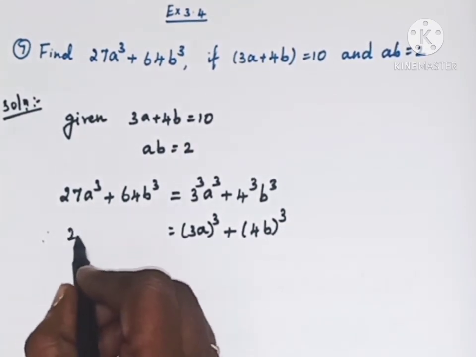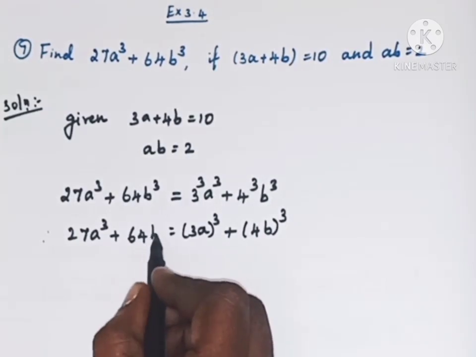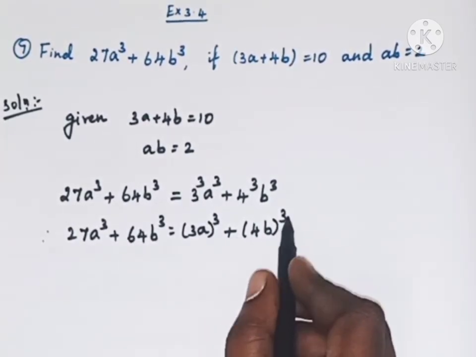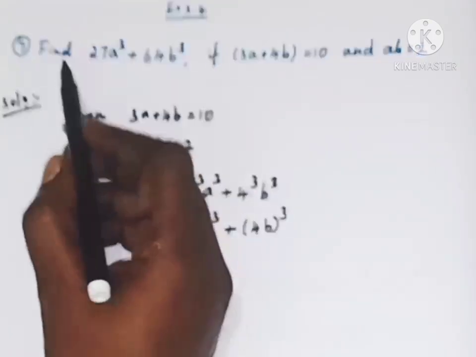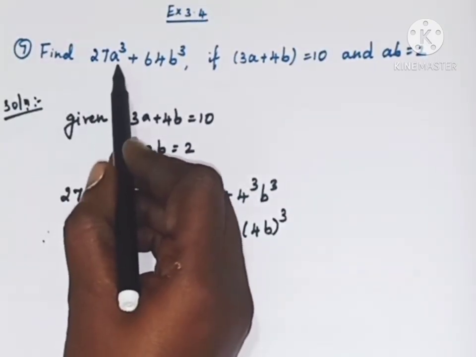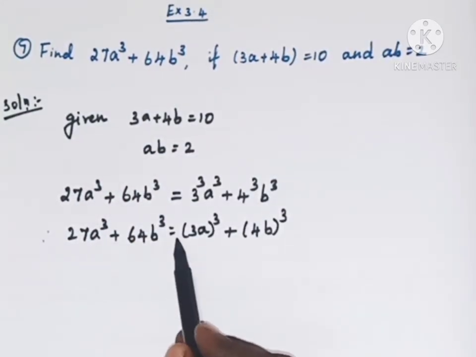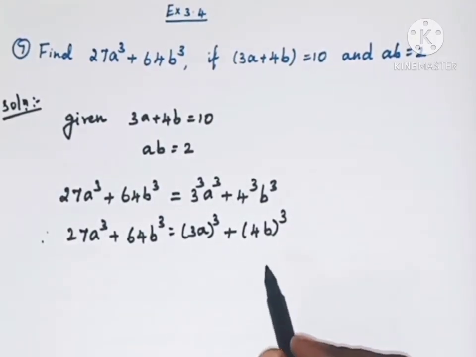Therefore 27a cube plus 64b cube is equal to 3a the whole cube plus 4b the whole cube. Now in the question they are asking to find 27a cube plus 64b cube, which is equal to 3a the whole cube plus 4b the whole cube. Therefore